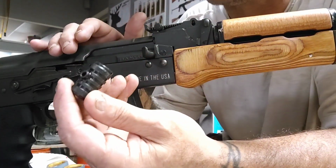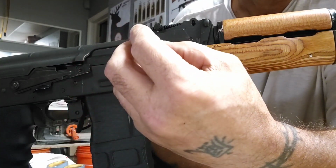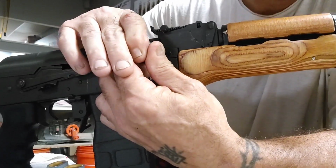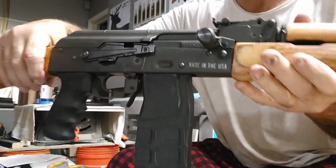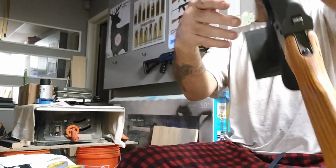And they recommend that you have the screw. They only gave me one set screw with it, and it's supposed to aim down the barrel with the set screw. So right there is pretty straight on mine, where it's not too cocked. Let me see if I can get a bit, yeah. Where it lines up